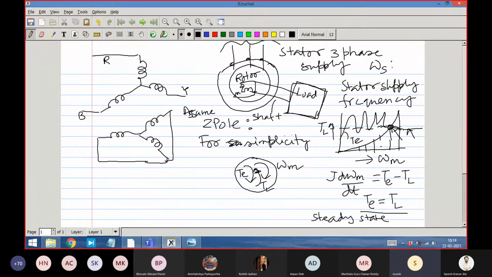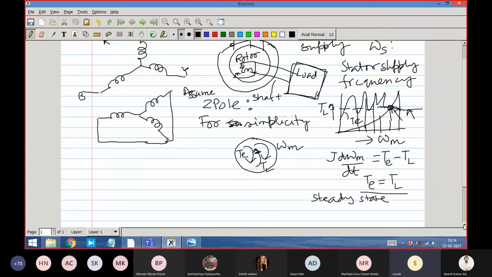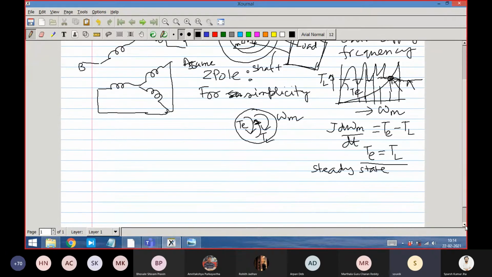You see here, this is the electromagnetic torque. This is the load torque, but the corresponding electromagnetic torques are all greater. All greater means it is then pulling it up, and at a certain point of time when they match, after that there is a slope constraint that further increase in the speed will reduce the torque. That is the thing that has to happen. Okay, so it so happens in our induction machine.